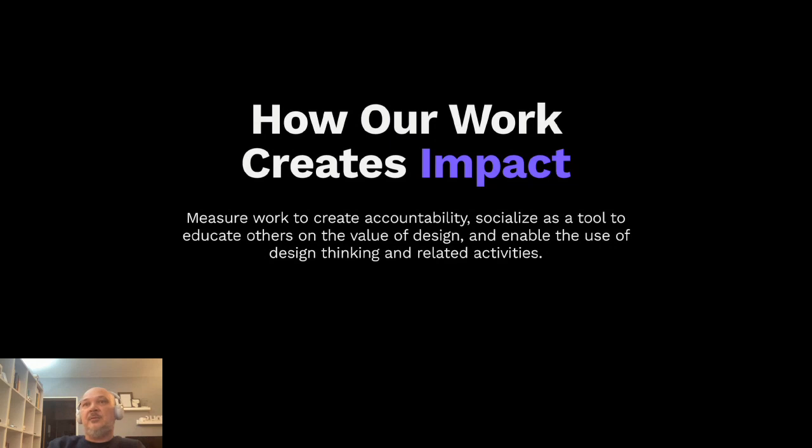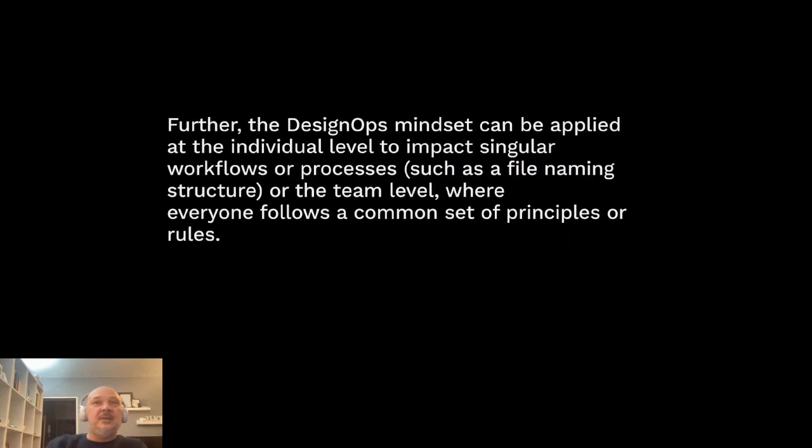And at the end, they will respect themselves because they will get help from other team members, and at the end, you will feel better. So further, the design ops mindset can also be applied at the individual level, and it impacts similar workflows and processes. I will not say such as file naming structure, but it is because the whole organization